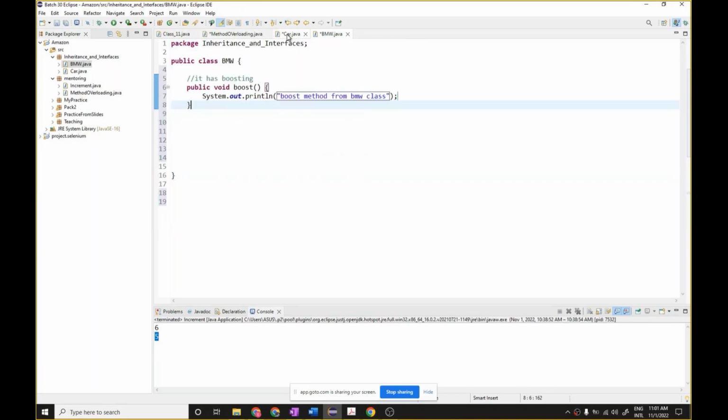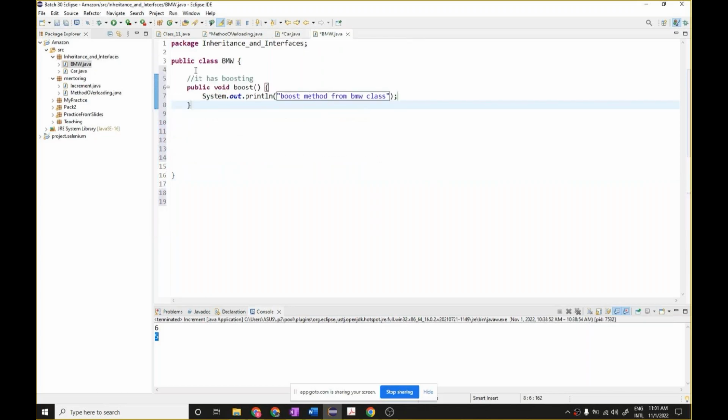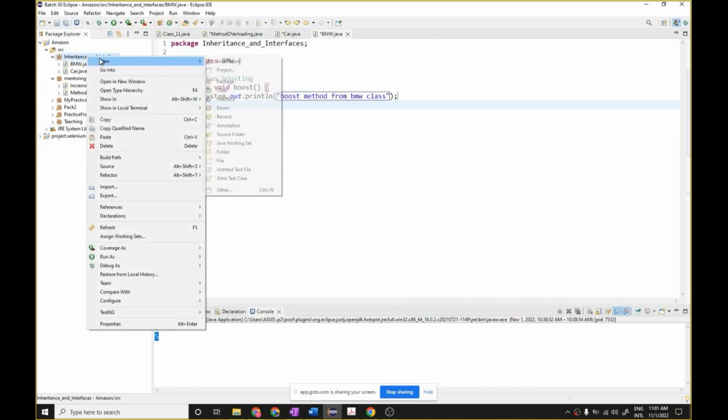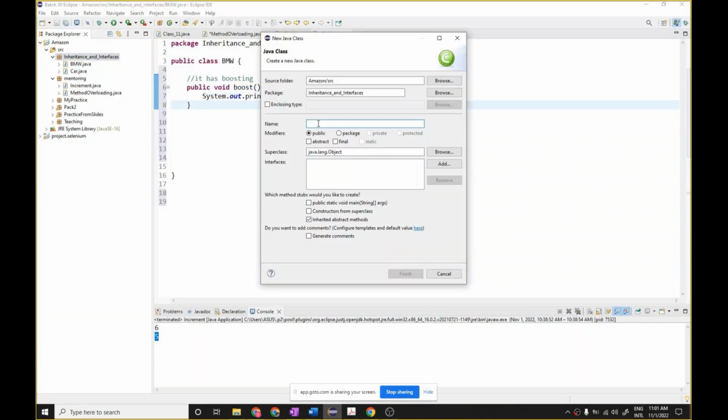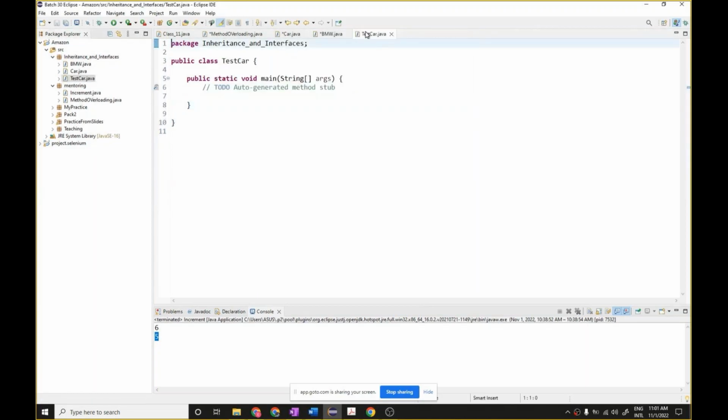Okay, so suppose you are not watching this. You have no access to these two classes, the car class and the BMW class. In your company, they say, okay, test the classes. So suppose you are creating a method called test car. You have access only in that method, and you're creating it as public because you want to test here. So see guys,